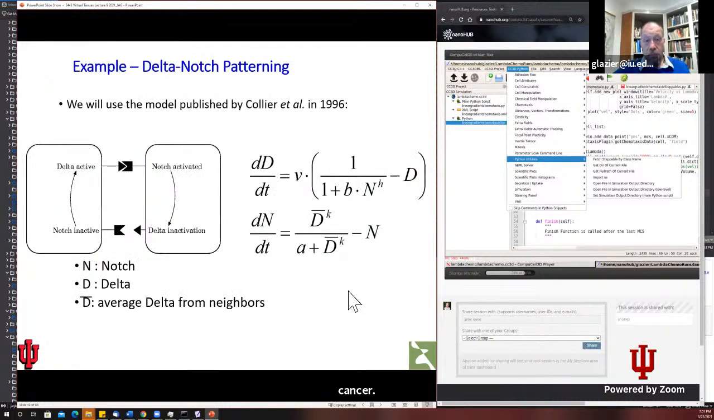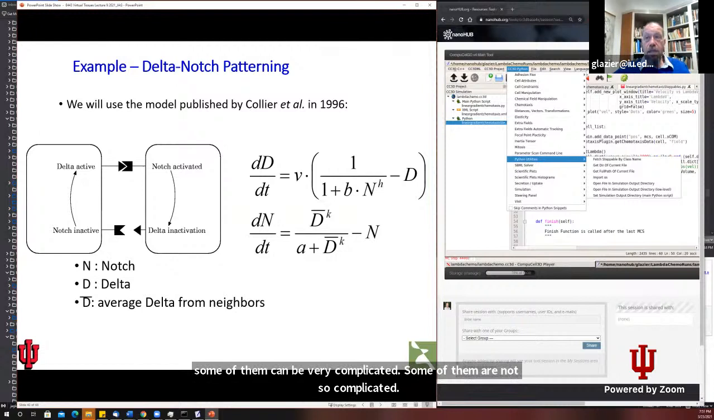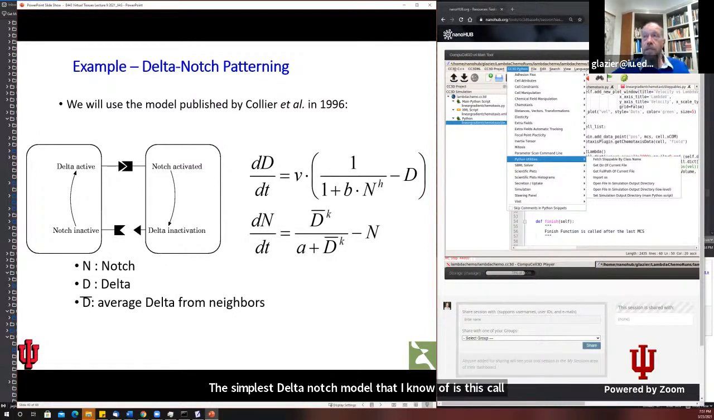There are almost an infinite number of delta notch models. Some of them can be very complicated. Some of them are not so complicated. The simplest delta notch model that I know of is this Collier model from 1996,